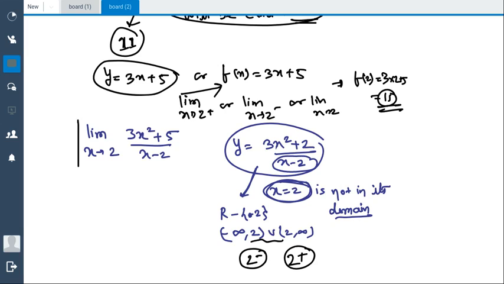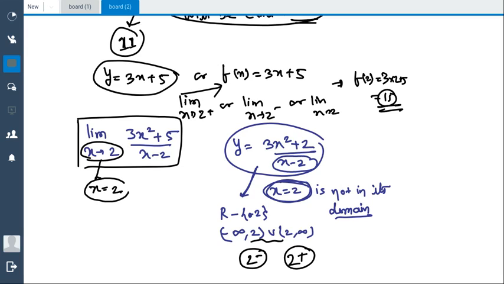So we can find this value because x tending to 2 doesn't mean that x is equal to 2. x tending to 2 means x is approaching 2. Suppose this is the 2, then you don't need to reach this exact 2. So what you do is that either you approach 2 from this side, that is this number. Then the next number to the red number is the black number, this is known as 2 plus.